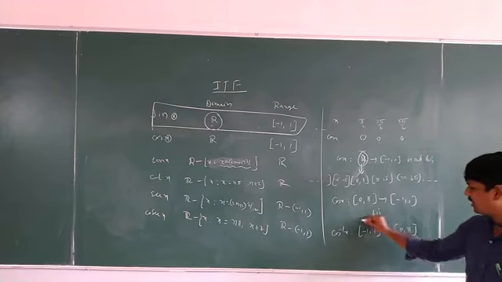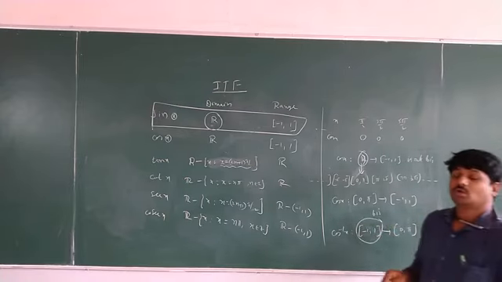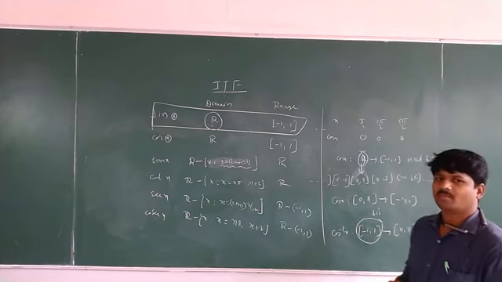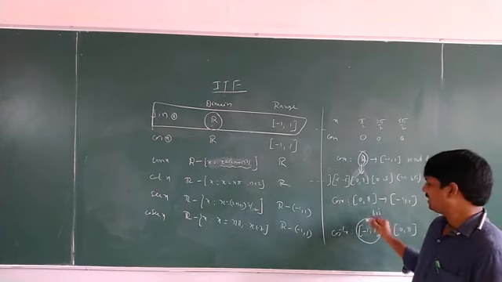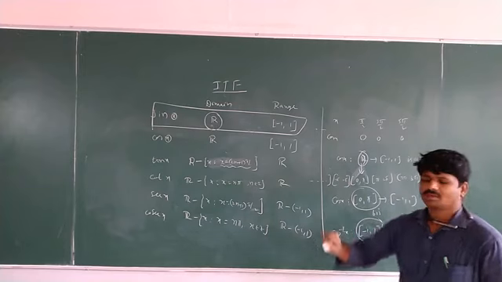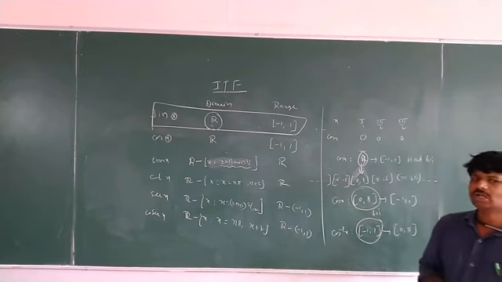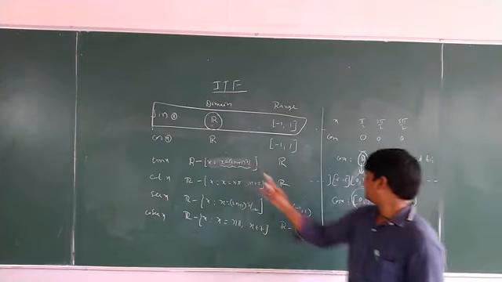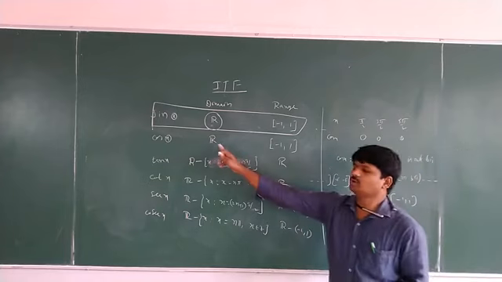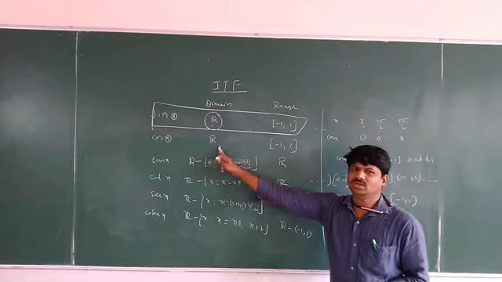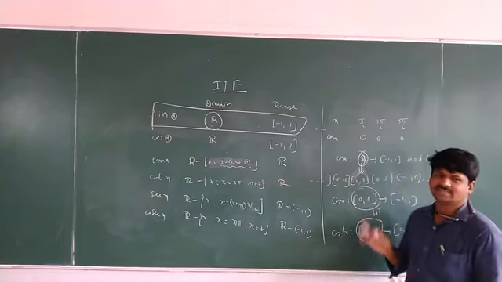So what is the domain of cos inverse x? The domain of cos inverse x is closed minus 1 comma 1, and the range is 0 comma pi. Why are we not taking the other one? Why are we taking this only? Because if you take domain R here, it is not bijective. If you take closed 0 comma pi, it is bijective.